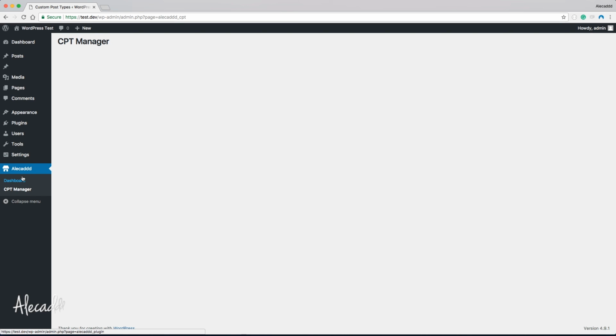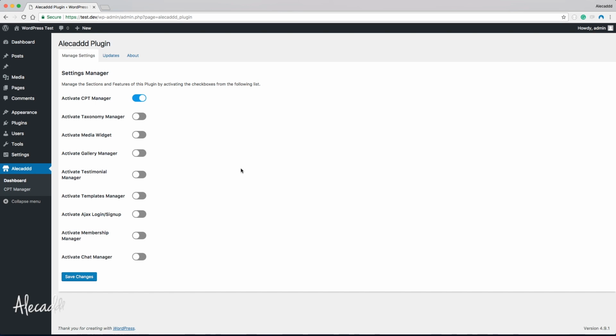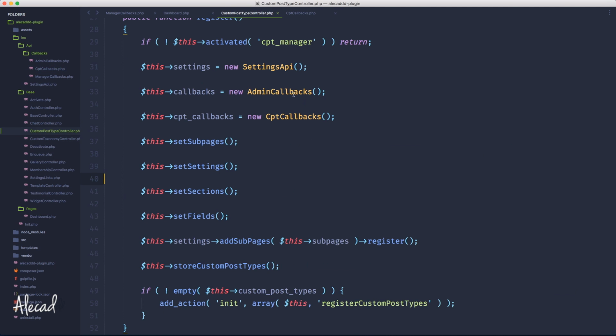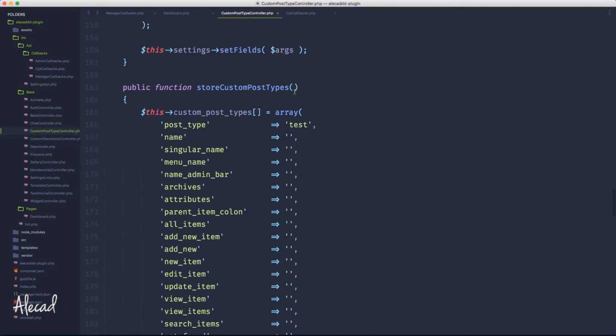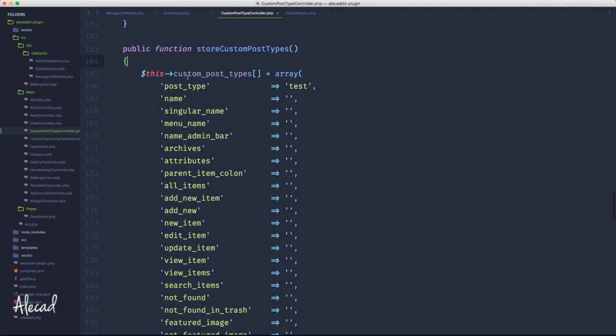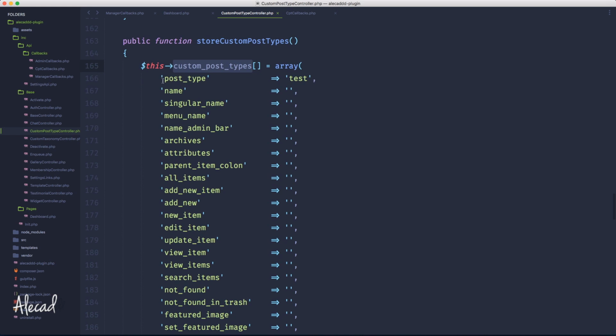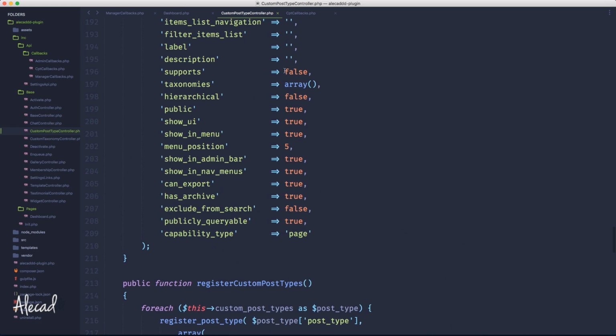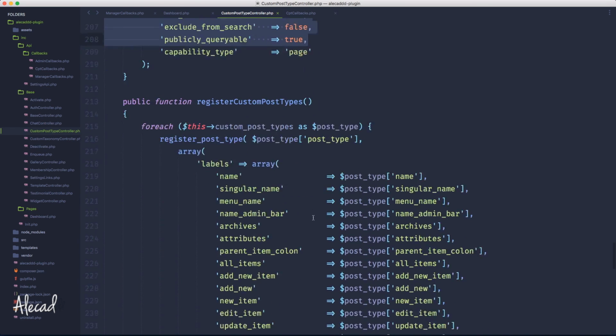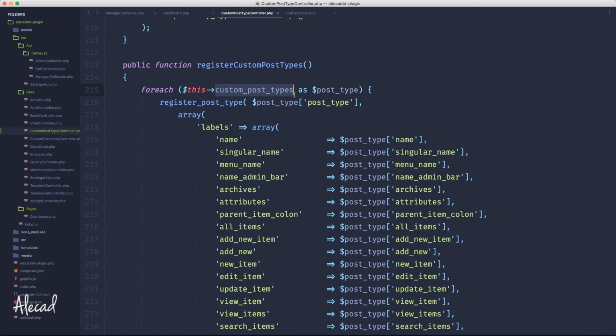The custom post type manager section is completely empty, but at least we don't have a PHP error, which is fantastic. And if you're wondering why we have this empty custom post type here, this empty slot, it's because of the way I wrote the placeholder text that I'm going to fill up later for the generation of the custom post type. I'm pre-filling this custom post type array with just the post type test. Everything else is empty, and I have some default settings, and then because the custom post types array is not empty,